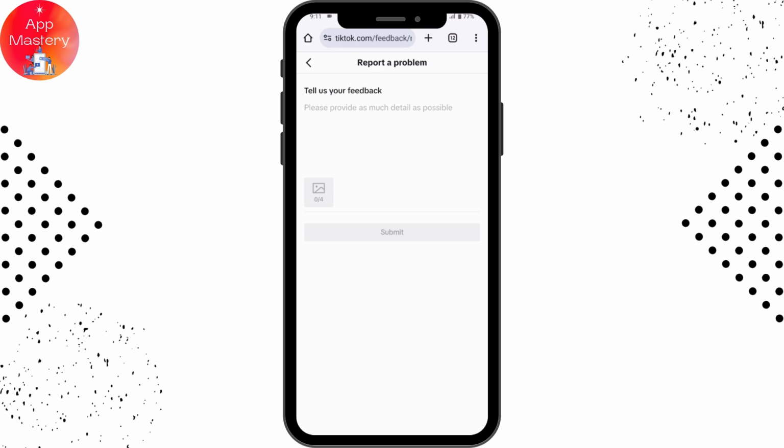So you need to write that I'm not being able to use my TikTok, or my TikTok account has been banned, and I have not violated any community guidelines or anything, so please help me with that. And you need to enter your email address and your username and your mobile number and everything, and then you can also upload some screenshots of your problem and tap on submit, and once you tap on submit, your problem might be fixed. So that's the only way to get your TikTok